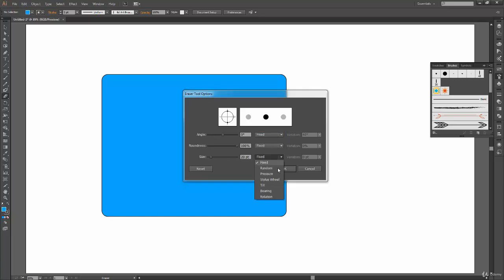So in size, if I go for the pressure one, I have an initial size of my eraser, which will be 20 point, and now it's asking me for a variation, how much variation do you need in size. So let's say I go ahead and type 20. That means it can go 20 plus 20 on very high pressures, and 20 minus 20 on very light pressures. So my size can vary now from 0 to 40.